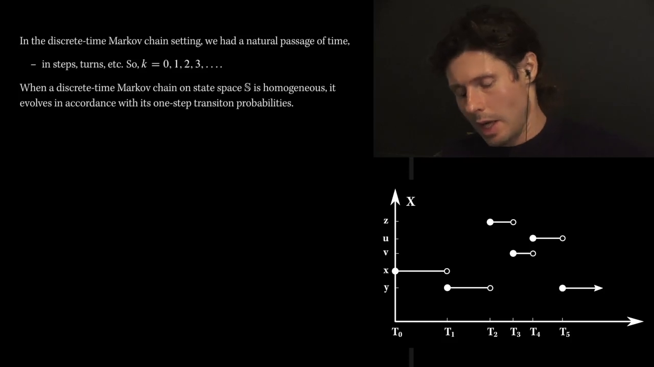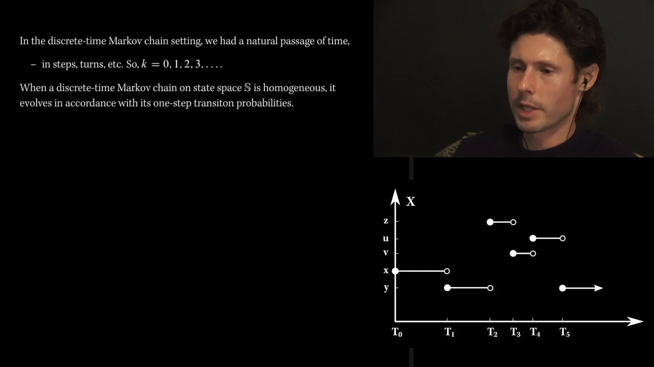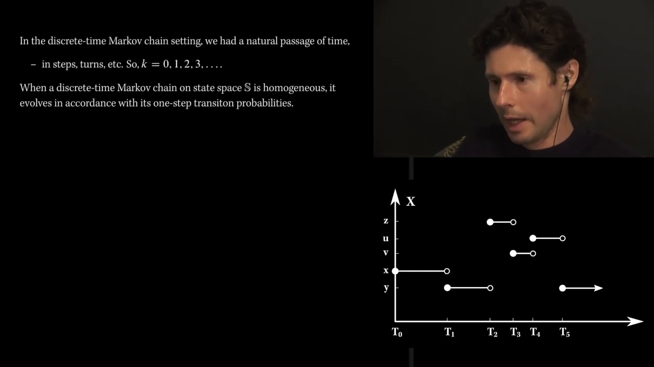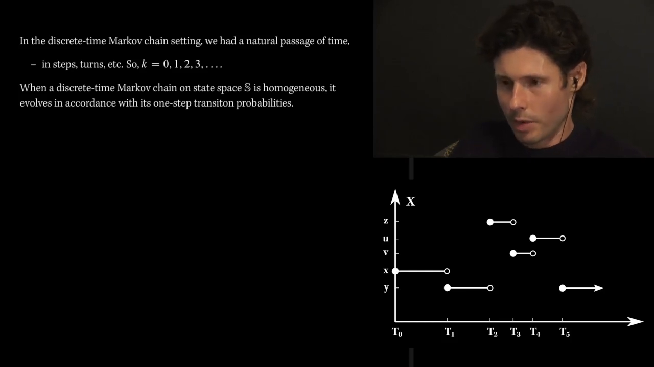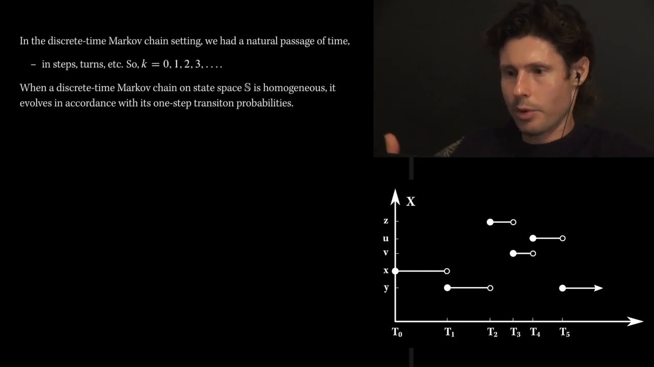In discrete time Markov chains, there was a very natural way in which time evolved. It evolved in steps or turns. Think of me flipping a coin. Every single coin flip increments time by one, and so there's a very natural unit of time, a natural progression of time. And provided that the chain was homogeneous, in accordance with this step or turn nature